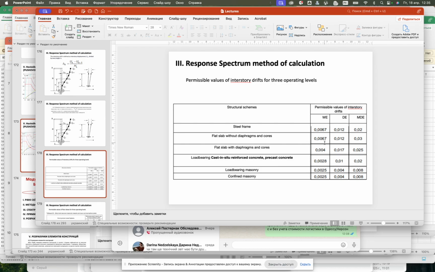So, if we take into consideration a flat slab without diaphragms and cores, for this structural scheme, during the weak earthquake, we can get not more than 20 millimeters. So, in the most deformed floor, in the most deformed story, we can only allow 20 millimeters. If our displacement is less than 20 millimeters, then it is okay for our building to withstand